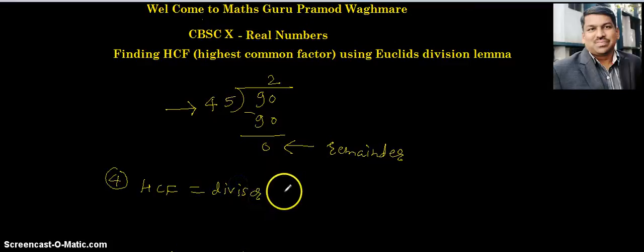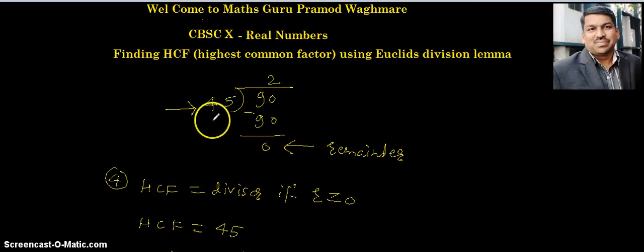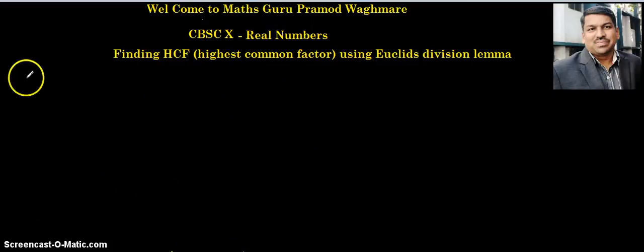SCF is divisor, if remainder is 0. So we get SCF as 45. In this way we can find SCF using Euclid's division. Now we find SCF of another example. Example is, find SCF of